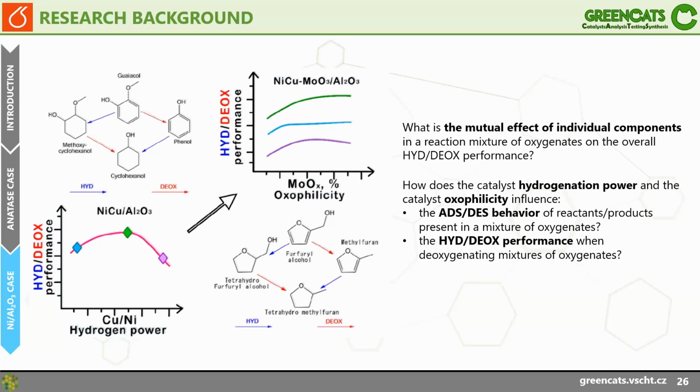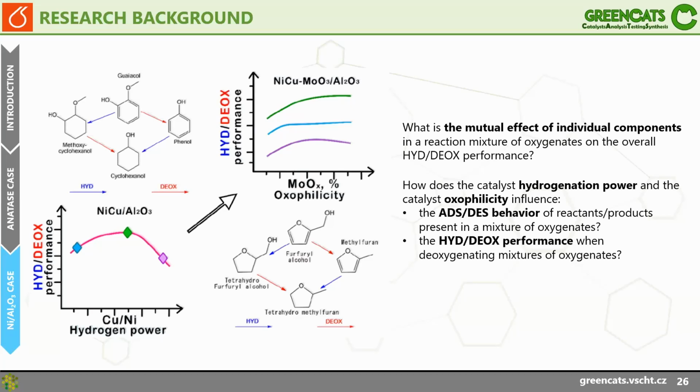The motivation comes from the fact that we are generally dealing with bio-oils as one way of processing biomass into chemicals and fuels. In that system, of course, you have hundreds of molecules, so really understanding what is happening is difficult. That's one extreme. The other extreme is that you take a single molecule, as we did here, guaiacol or anisole, and you work with that and make conclusions. The conclusions in that case are perfectly fine until the moment you add another molecule to the system,